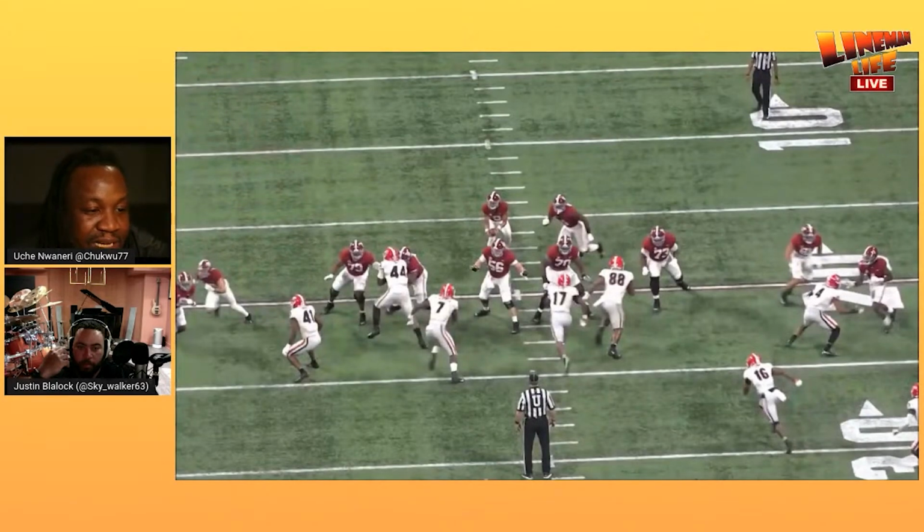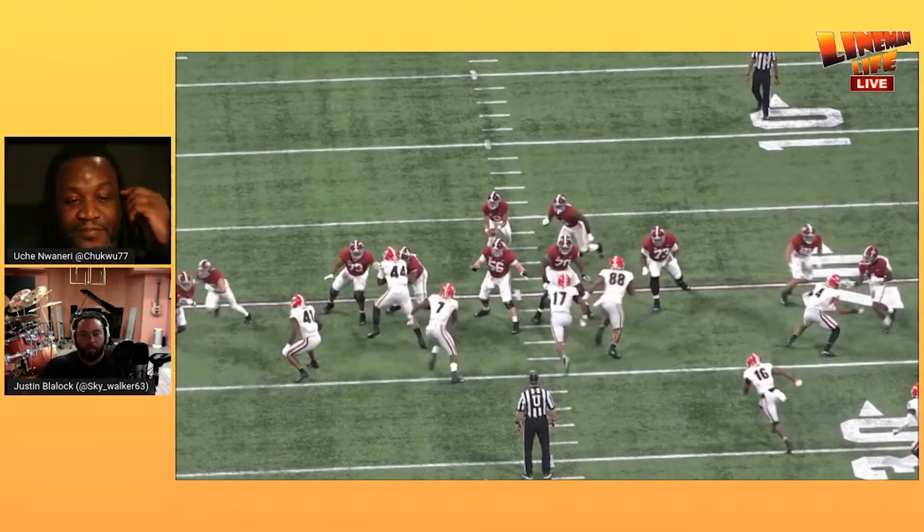Linebackers coming to blitz to the inside, defensive tackles looping to the outside, and defensive ends dropping into coverage. It's a lot going on there. So as an offensive lineman, you have to understand that if your guy goes away, you look to the inside. Yep, someone's got to replace. When you look to the inside, you need to close down that gap because he can only take one of